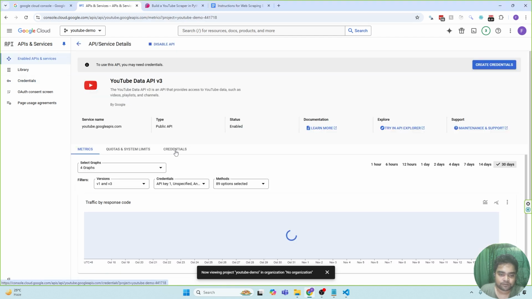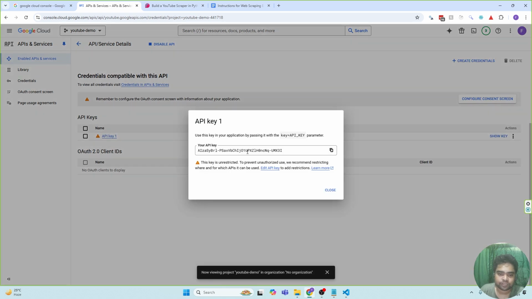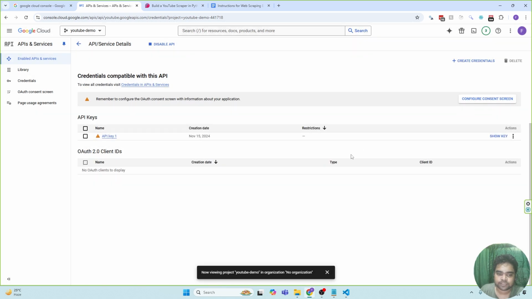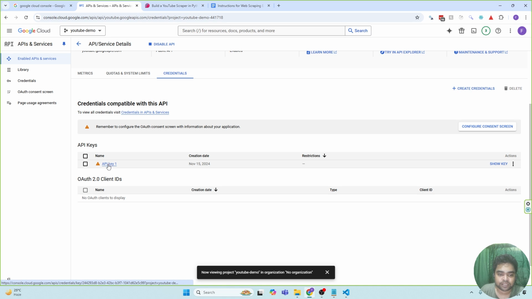And now if I go to credential and click on show key, here you can see our API key. And here you can see a warning, this API key is unrestricted, which means it's telling me to restrict our API key. It will also be better for security, so that we can avoid any unauthorized access to this API key. So click on here, YouTube API key,